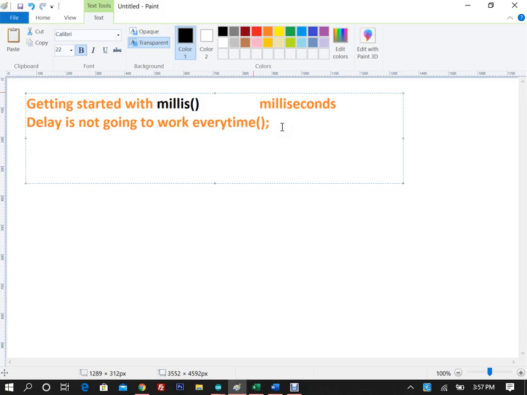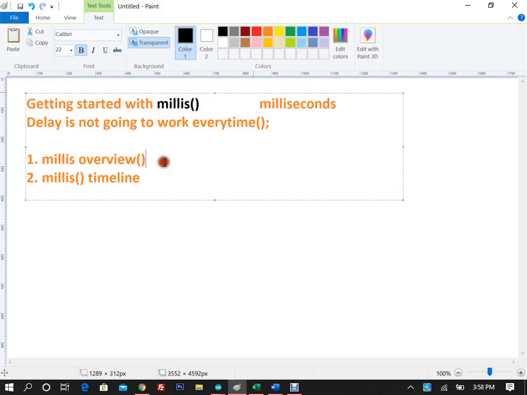We'll start with, as we already did, Millis overview, right? And number second is, what is the Millis timeline, right? So overview is not a function, Millis is a function. And number 3, we're going to learn